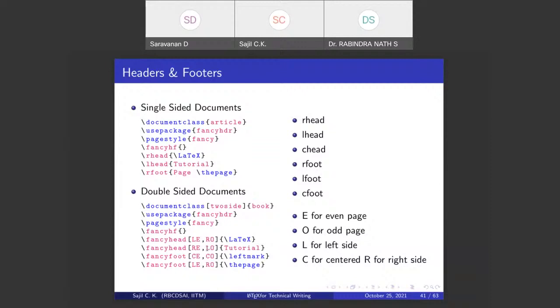That is meant by LO. So LERO, RELO all refer to left even, right odd, right even, left odd. Likewise, we have center even, center odd, and so on. You can experiment with these settings and see how the change appears.